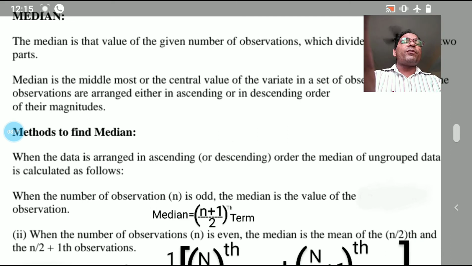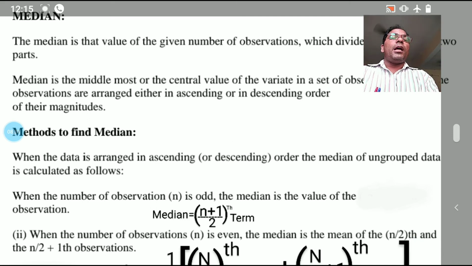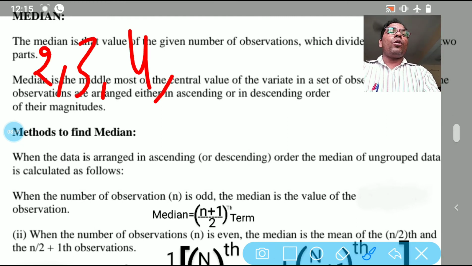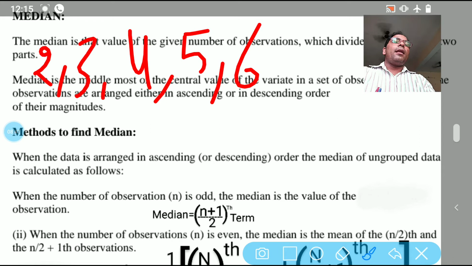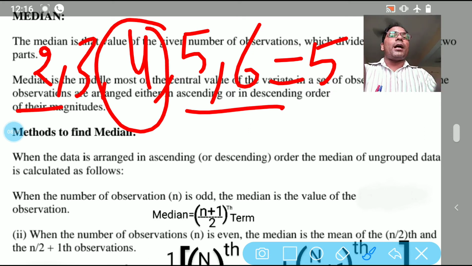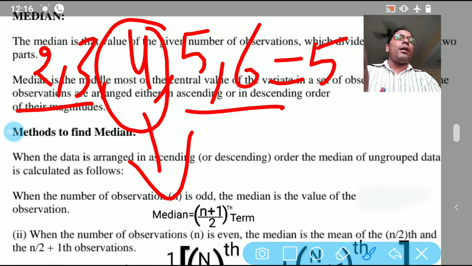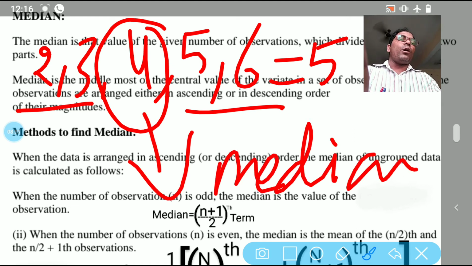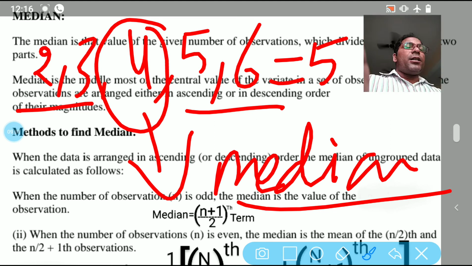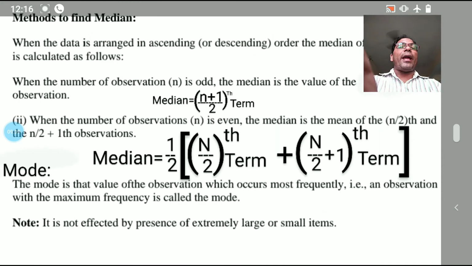Okay, and now if the terms are given in odd number, suppose the terms given are 2, 3, 4, 5, 6, like this. If you see the count, it is 5. 5 is an odd number. And you will see the middle number. The middle number is only 4. 2 are this side, 2 are this side. This is the middle number, and the middle number is called the median. So you have to find the median, meaning the middle term of the observations. So there are 2 methods, 2 formulas also, to find the median. You can see now the method to find the median.